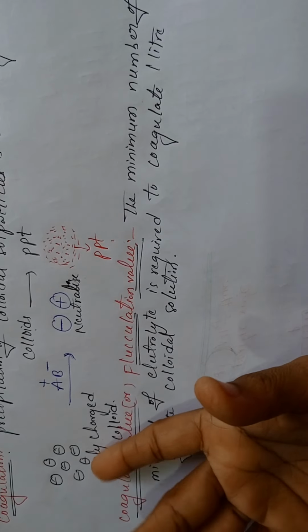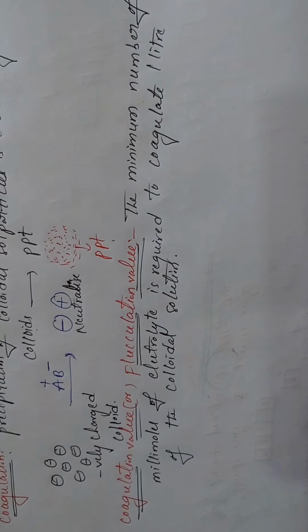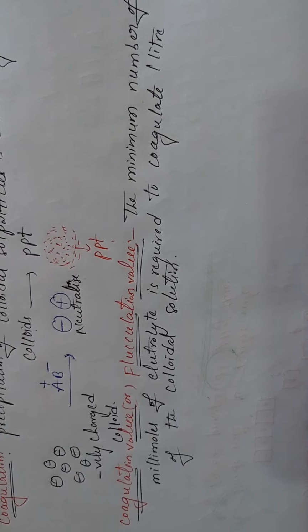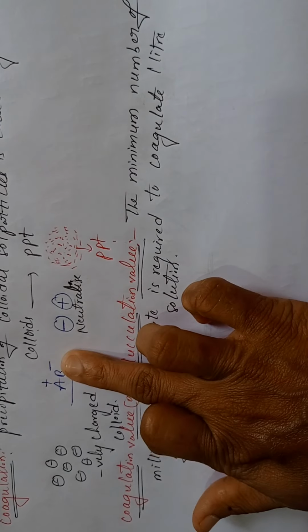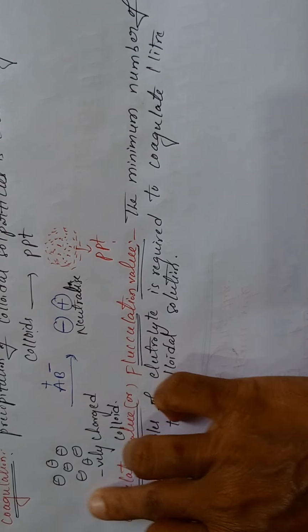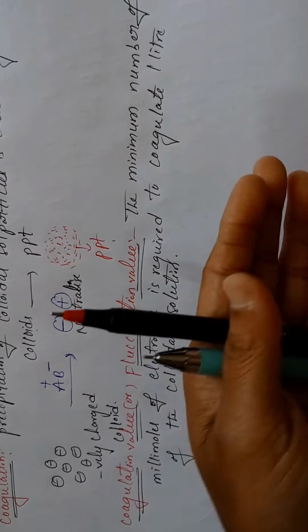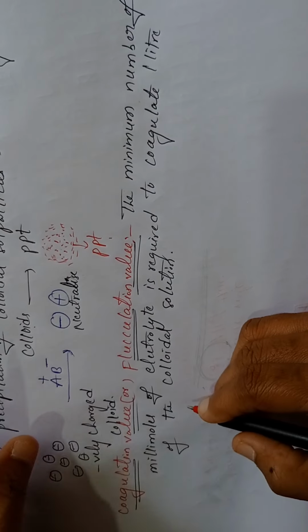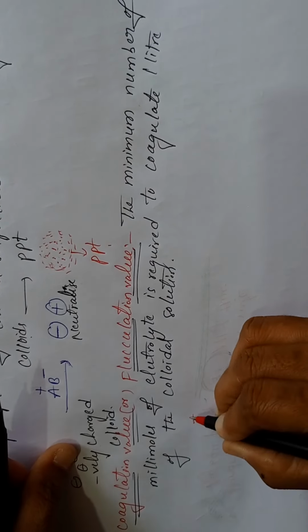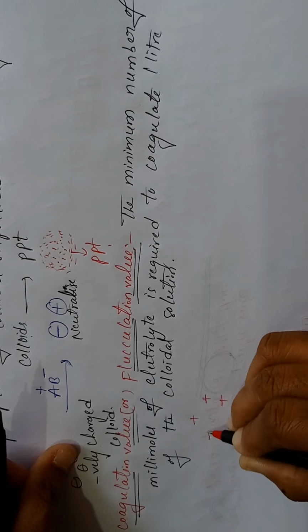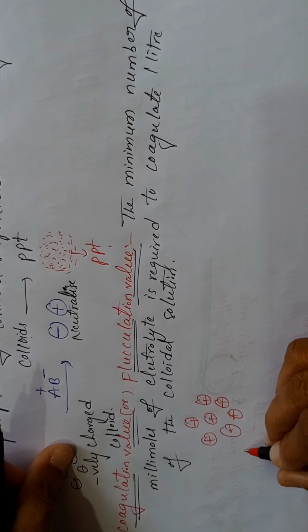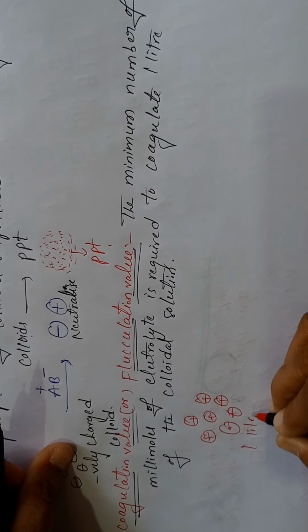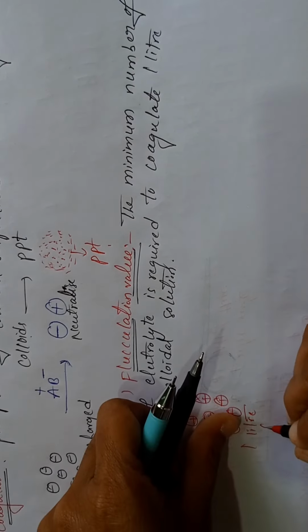So here, 1 liter of the colloidal solution you are taking. That is nothing but coagulation value. That means how many millimoles of electrolyte is required to coagulate, students, 1 liter? For example, this is a colloidal solution. For example, I am taking a positively charged colloid. This I am taking just now, 1 liter. Now, 1 liter of the colloidal solution